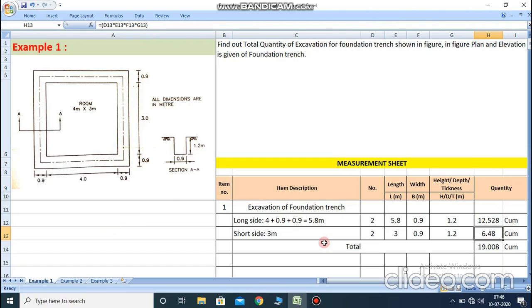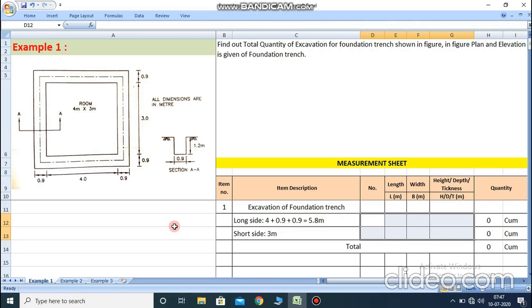For the long wall short wall method, we discuss the different building components. We take a different building component, discuss it, and calculate the total quantity of the material and work to be done. Now we start with an example of the long wall short wall method. So we start example number 1. Before starting the example, we discuss some of the important points during the calculation.